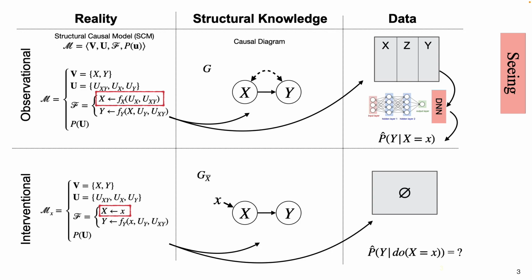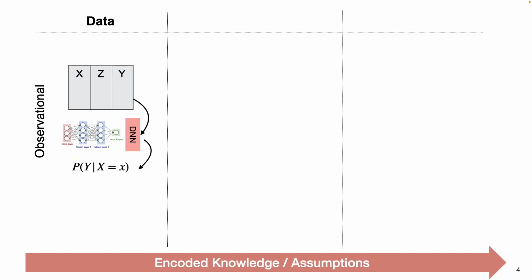So the challenge is how can you move from the seeing world, or the observational world, if you remember Pearl's causal hierarchy? How can we move from the first rung of the ladder to the second rung, the interventional layer of the causal hierarchy? Right, so this is the biggest challenge. And as I said, why is this hard? When you have observational data,